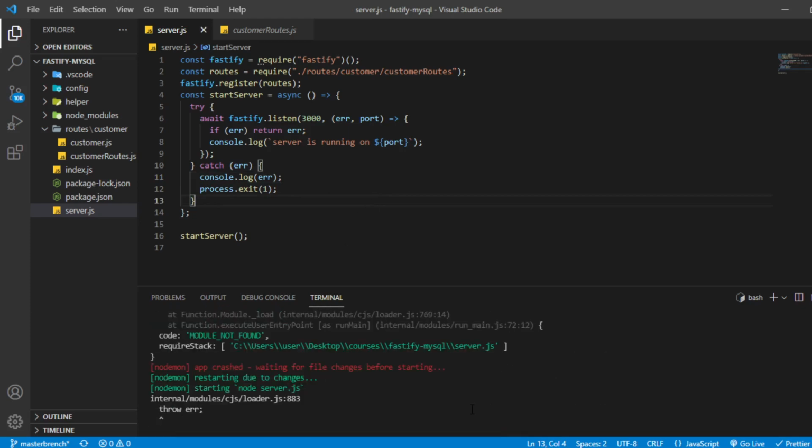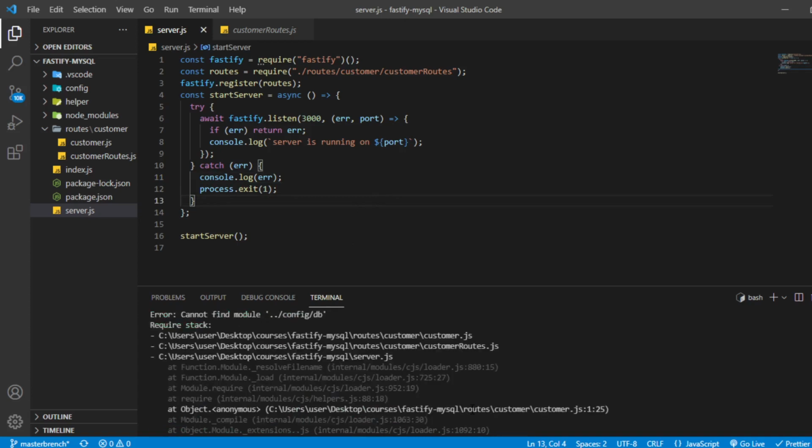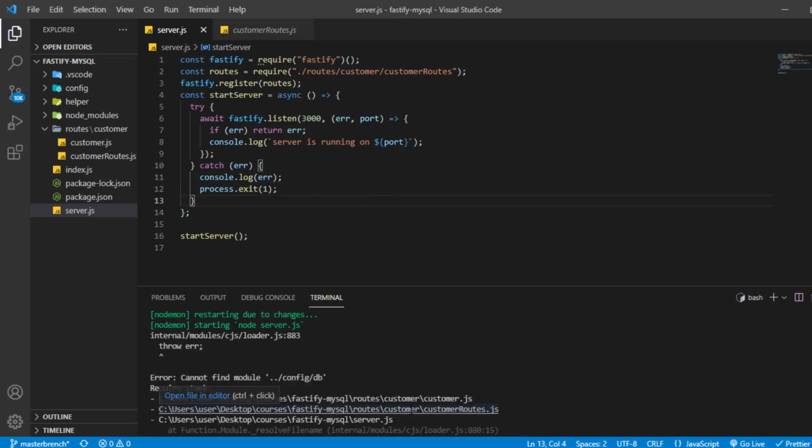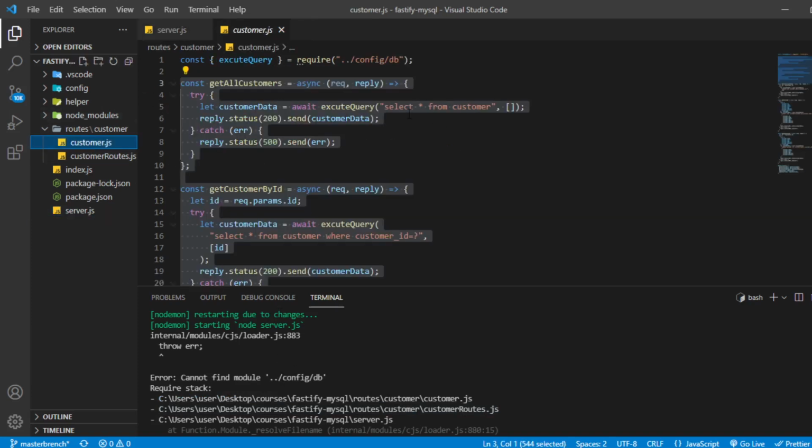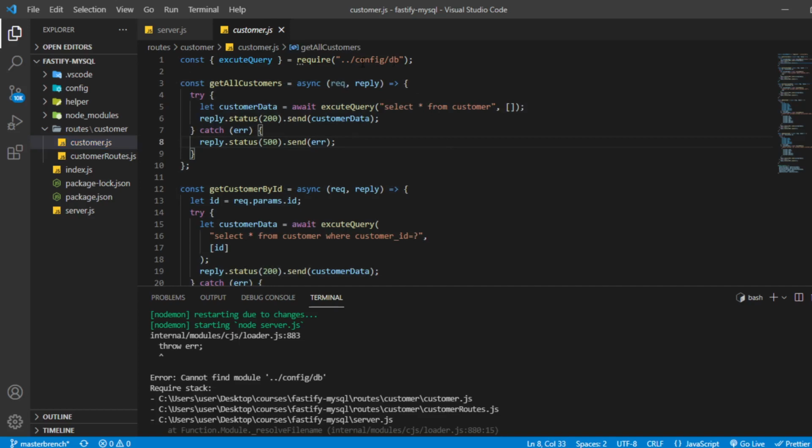Okay, something has gone wrong and I have to figure out what is going wrong. So we have to go inside this file, and here we'll have to go to db.js.